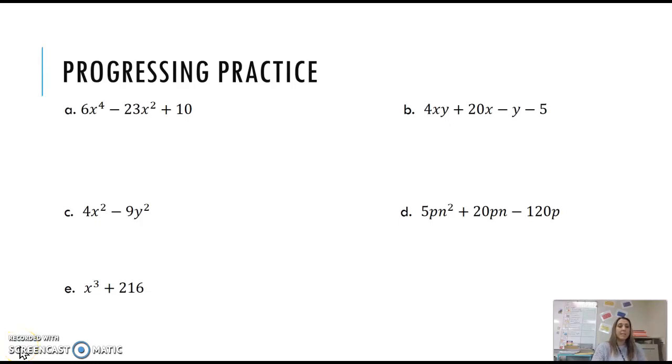Okay, functions, we're going to be practicing for our test tomorrow. These are the problems that we would have done in class together. So these are progressing level questions. All of these are going to give you a chance to show me